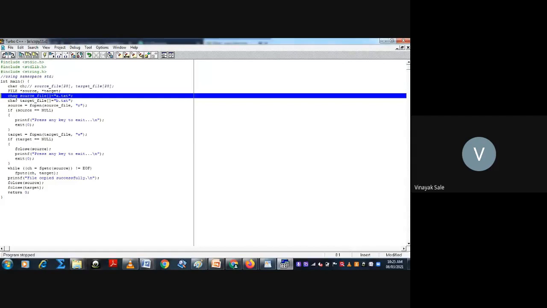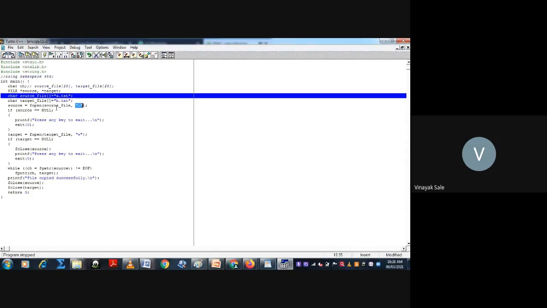Then character source file is equal to a dot txt, and character target file is equal to b dot txt, and source is equal to fopen of source file. That is, the source pointer is equal to fopen, file open, of the source file, and r indicates reading the contents of that file.